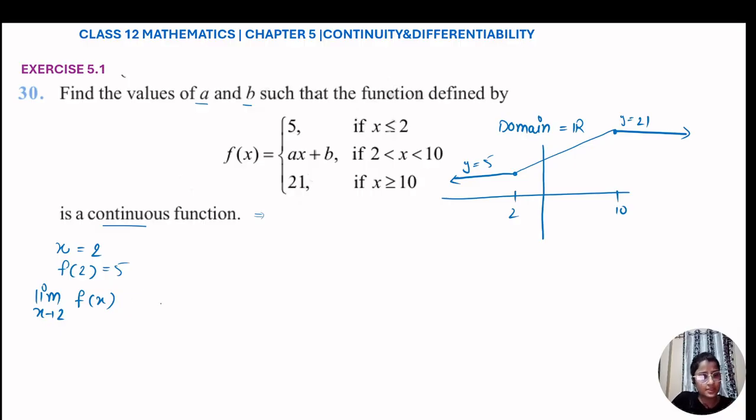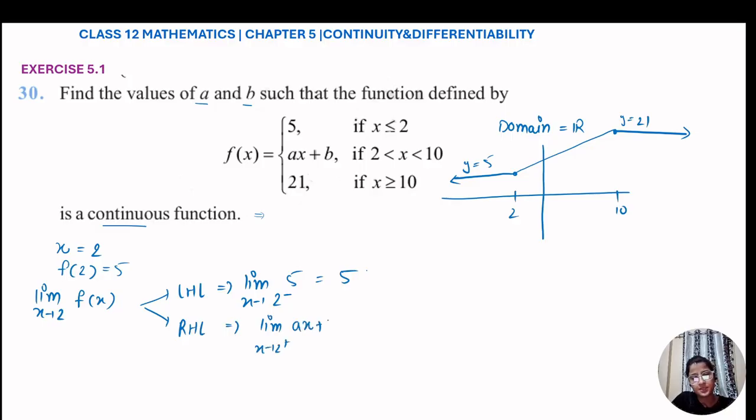So first we will find our left hand limit. As you can see, your left hand limit is the limit as x tends to 2 from the left, where f of x is 5, so your left hand limit is 5. Now your right hand limit is the limit as x tends to 2 from the right. Your function is defined as ax plus b, so this limit will be 2a plus b. Now what do we want? We want your function to be continuous at 2 also, because it should be continuous in the whole domain. So for f to be continuous at 2,